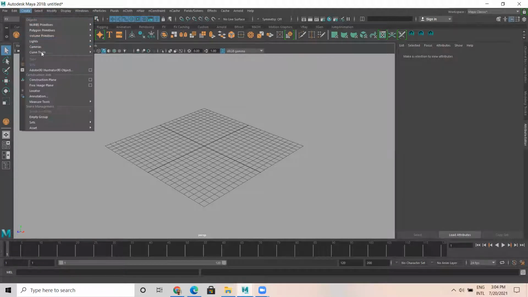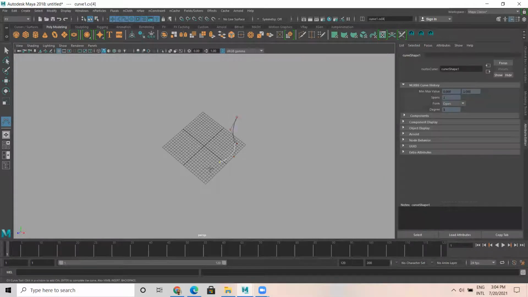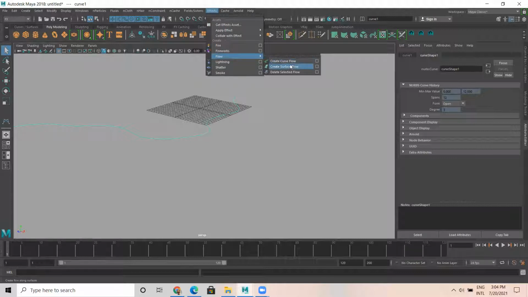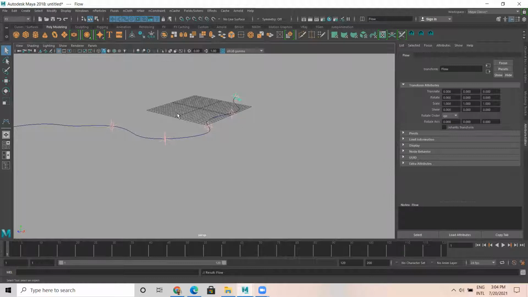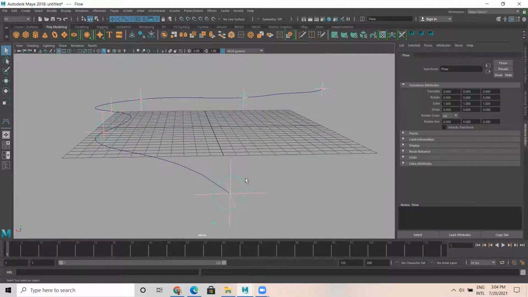I just create a CV curve tool. Like this, one curve. I just select the curve, go to effect, flow, create curve flow. When I do that, automatically I get a radius over here wherein a particle will start simulating from here and end here.